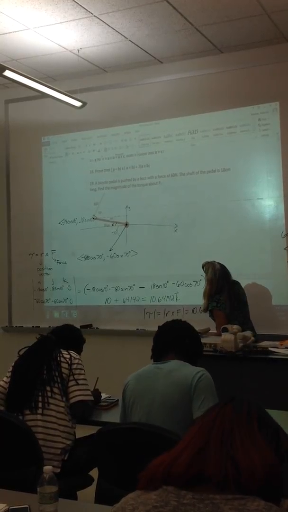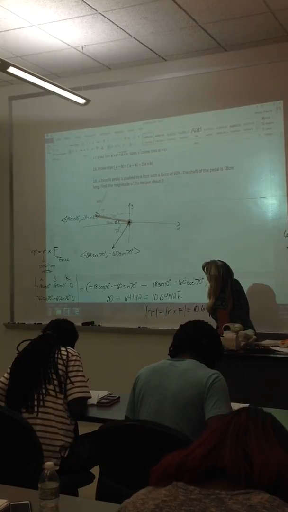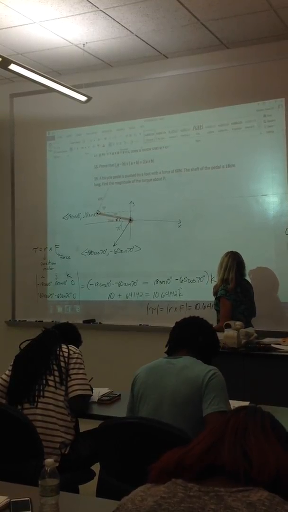It's a vector itself, and it's a force itself, right? So the unit would be